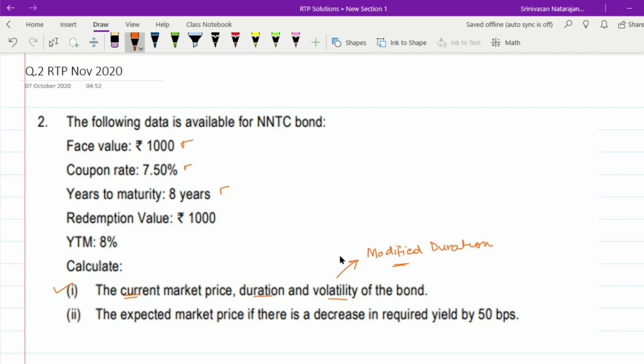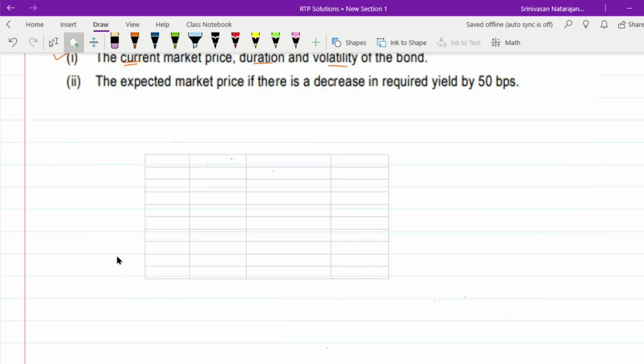And for that, let us first prepare the table. So the table will have 4 columns. The first one being year, second one cash flow, third column will be the present value interest factor at 8%. That is because the bond is trading at a yield of 8%. And the fourth column will be the discounted cash flow, which will be nothing but the cash flow multiplied by the PVIF factor. Now, wherever it is repetitive, I'll speed up the video so that you don't necessarily have to watch through the whole repetitive process.